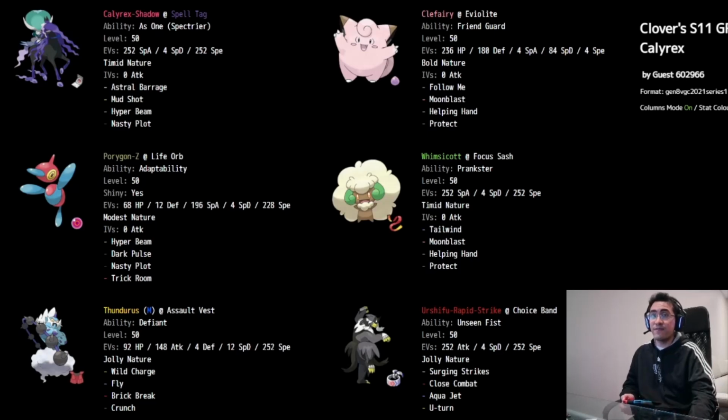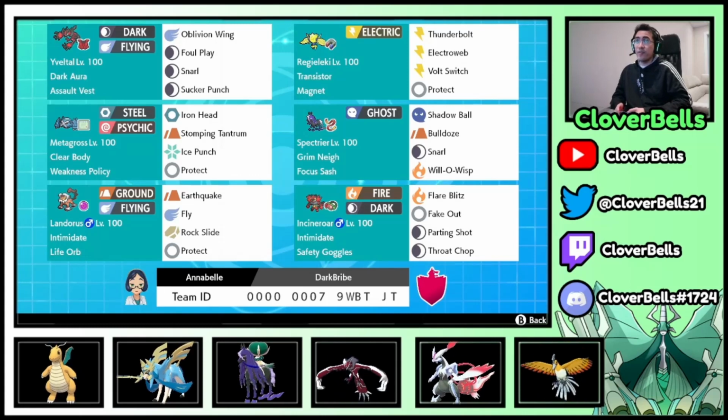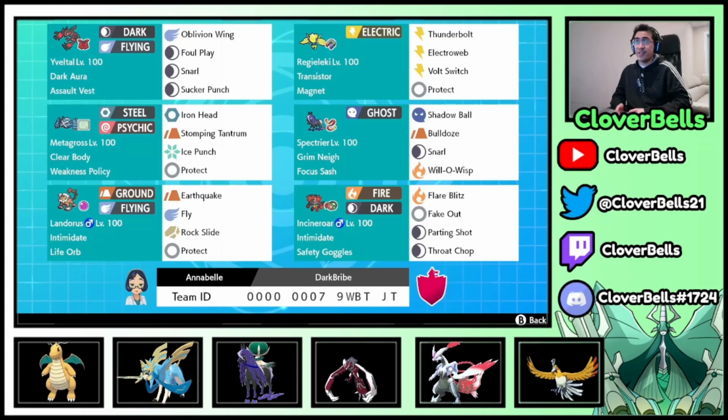But yeah, that's this rental. Let's move on to number 3. Number 3, we have Yveltal. This one was a popular request, even on Reddit from me specifically. So here it is. I felt like I should have released Yveltal maybe in the second month of Series 11,